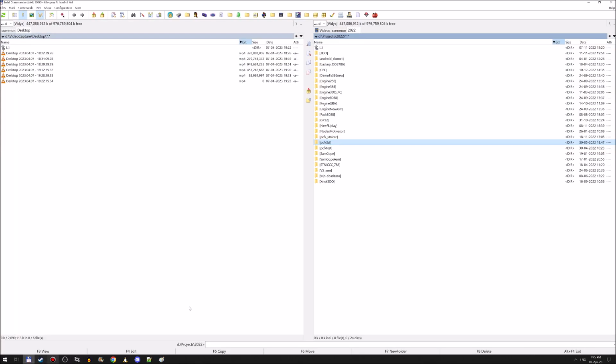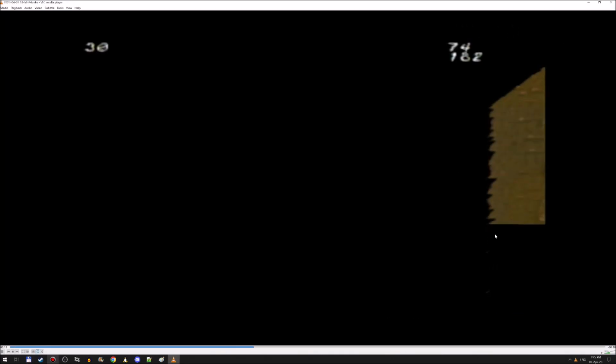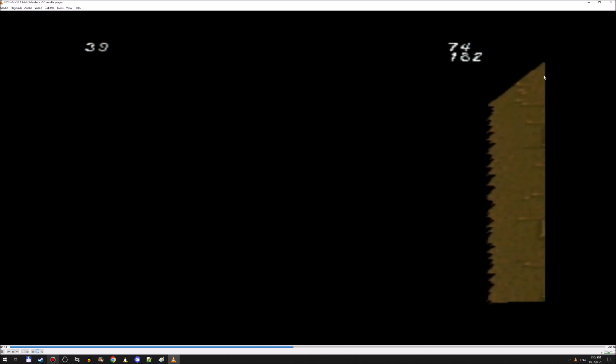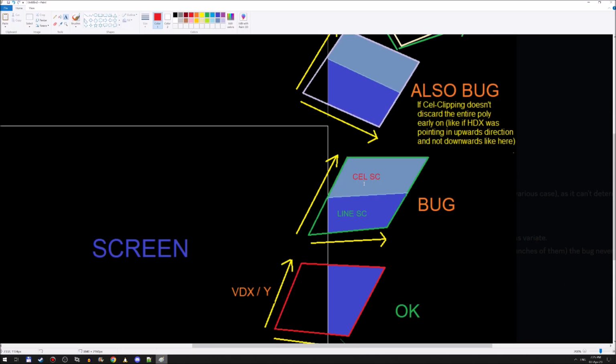Because I realized in those tests, this one, you see it's diagonal here because it's this case. In those tests,